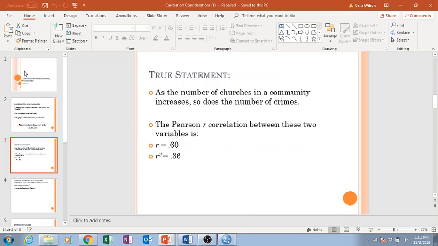or vice versa. You could put the crimes first and then the number of churches, because remember, it's just a relationship. It's not one causing the other. It's just a relationship. So that could be kind of a weird result, right? You wouldn't expect crimes to increase with more churches, but we have to consider all of the variables and what else could be happening here,